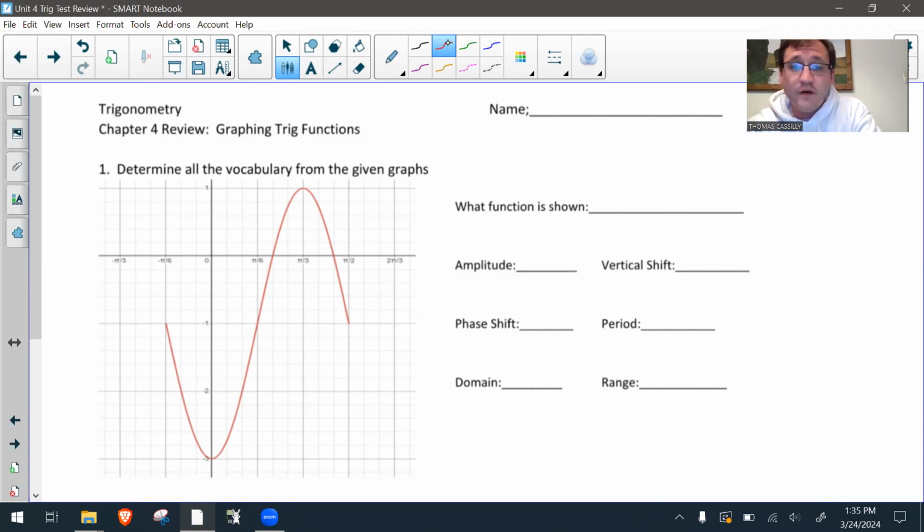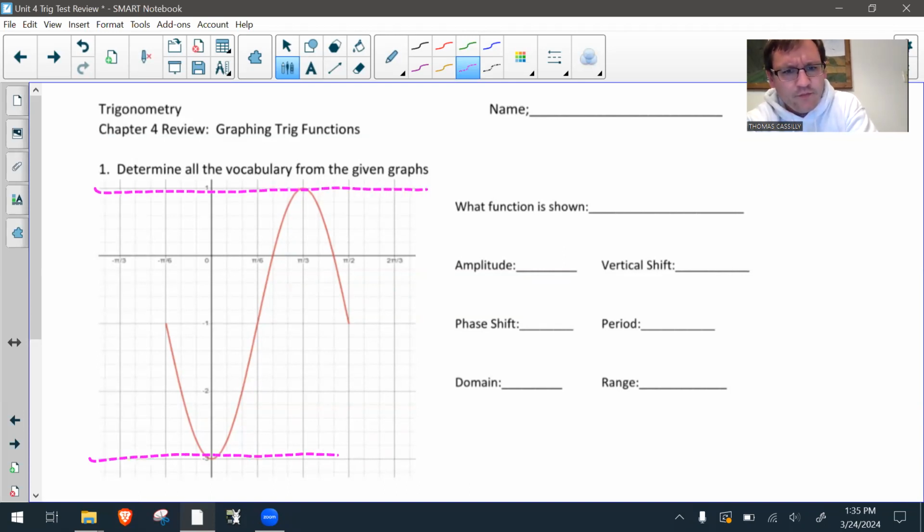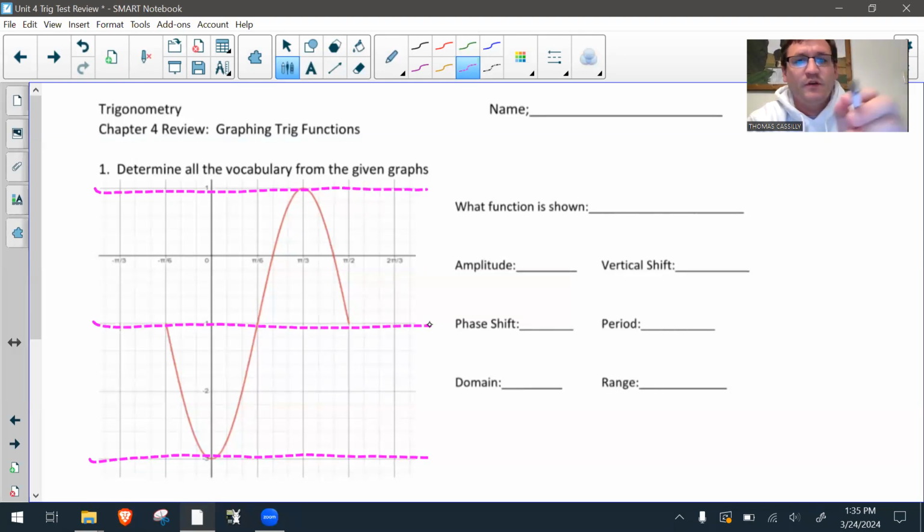So first things first, what function is shown here? Well, here's what I'm gonna do. I'm gonna just highlight everything that we have here. I'm gonna highlight that maximum point, that minimum point, and then that midline is just right in between the two, right? Just right in the middle, halfway between them. So if we just want to talk about the major 5 points here,